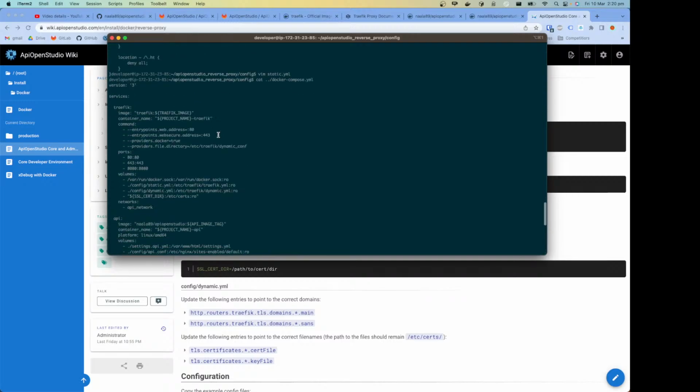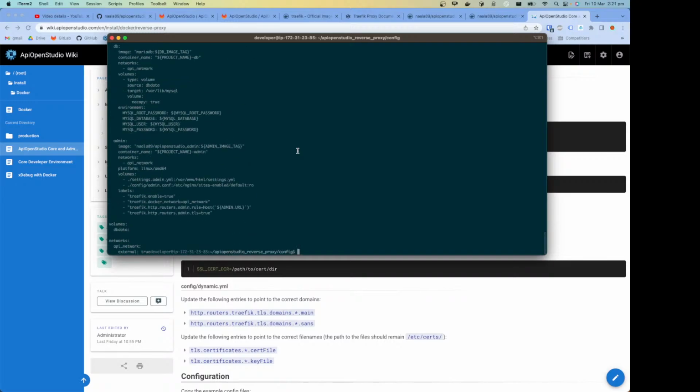So if we look at the Traefik in the Docker Compose, you'll see that we're mounting the dynamic and the static into the etc traefik directories. This is what Traefik will use specifically. So it will read traefik first, and then it will look for the dynamic.yaml file,